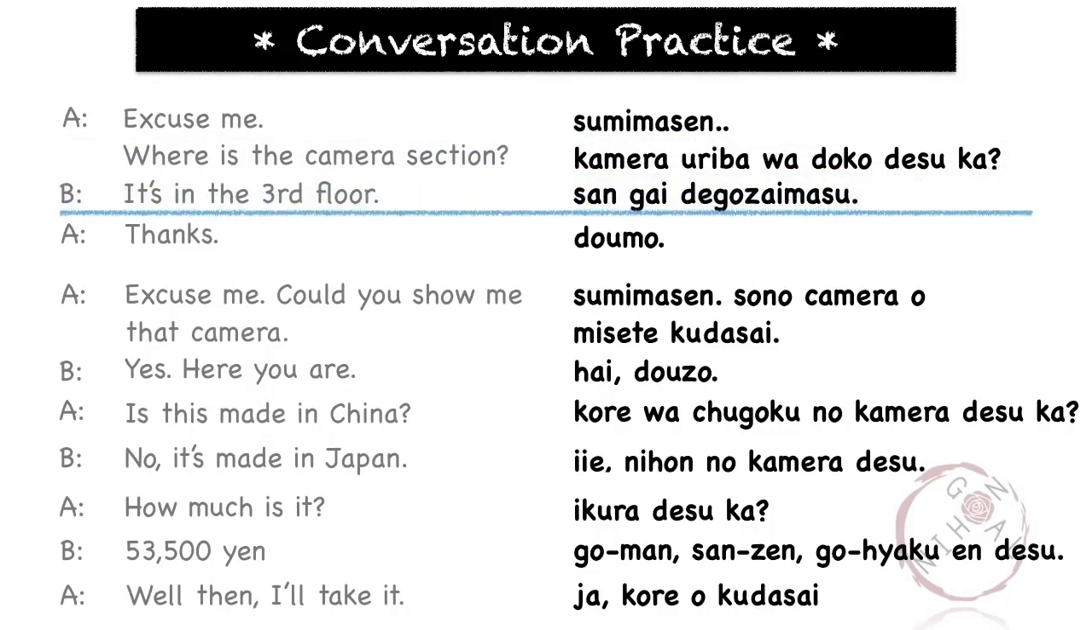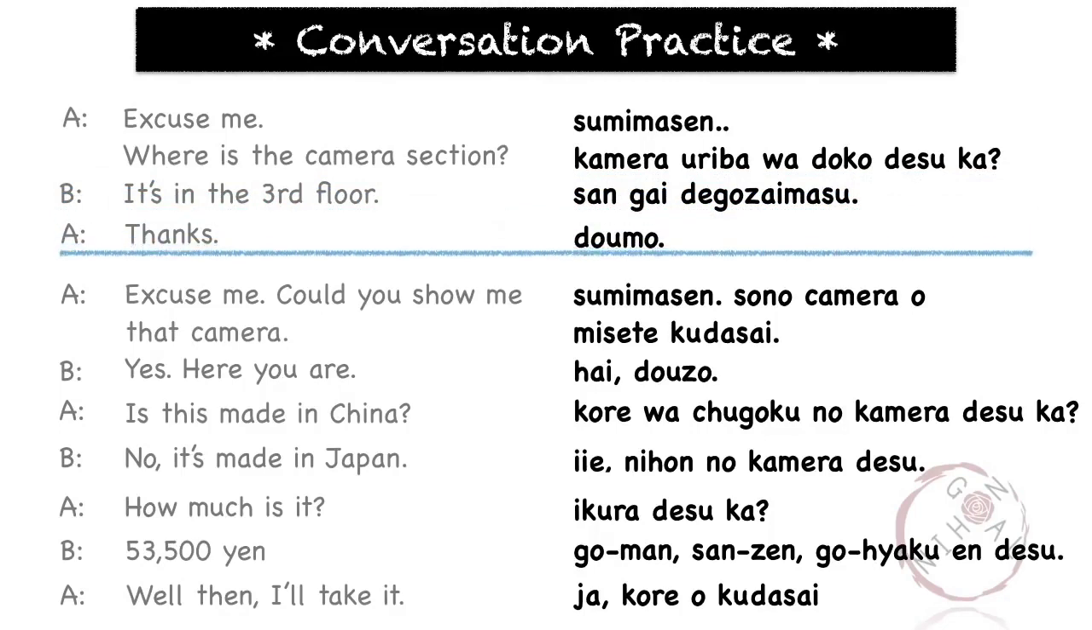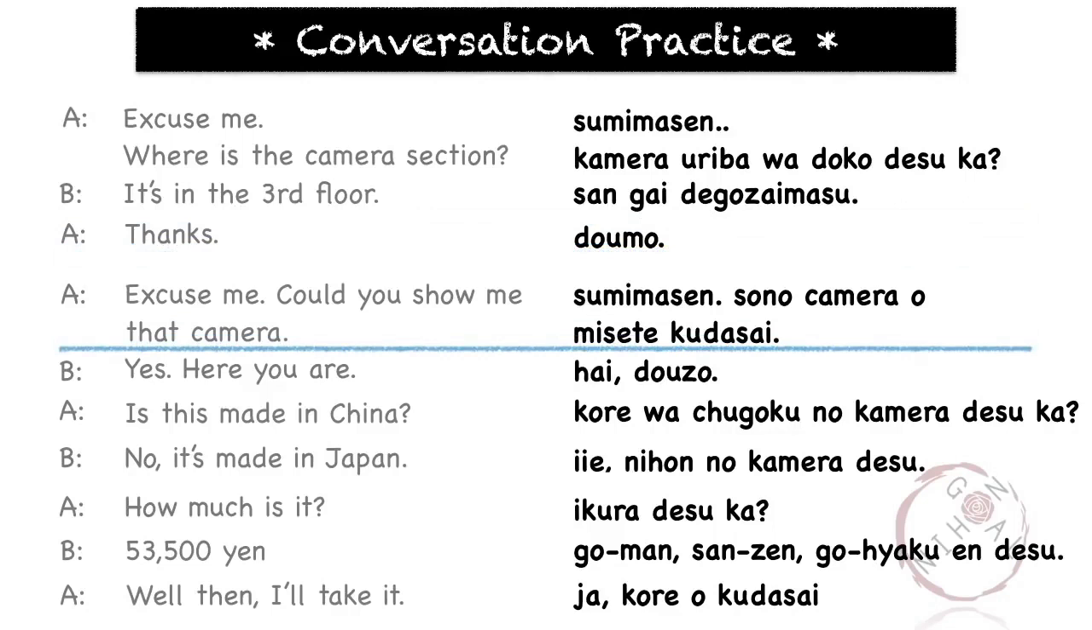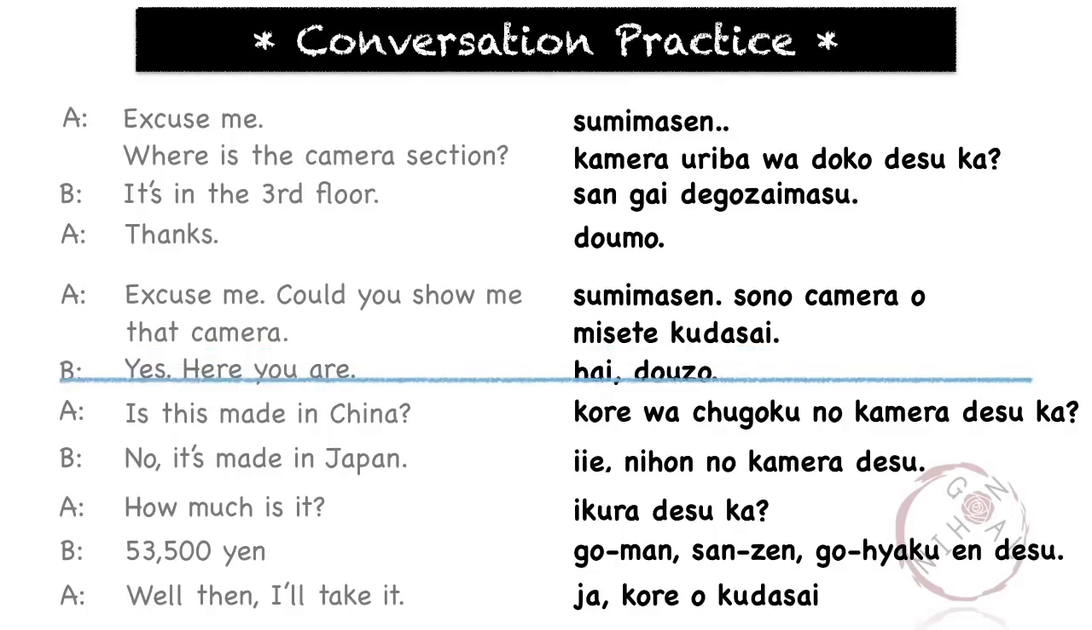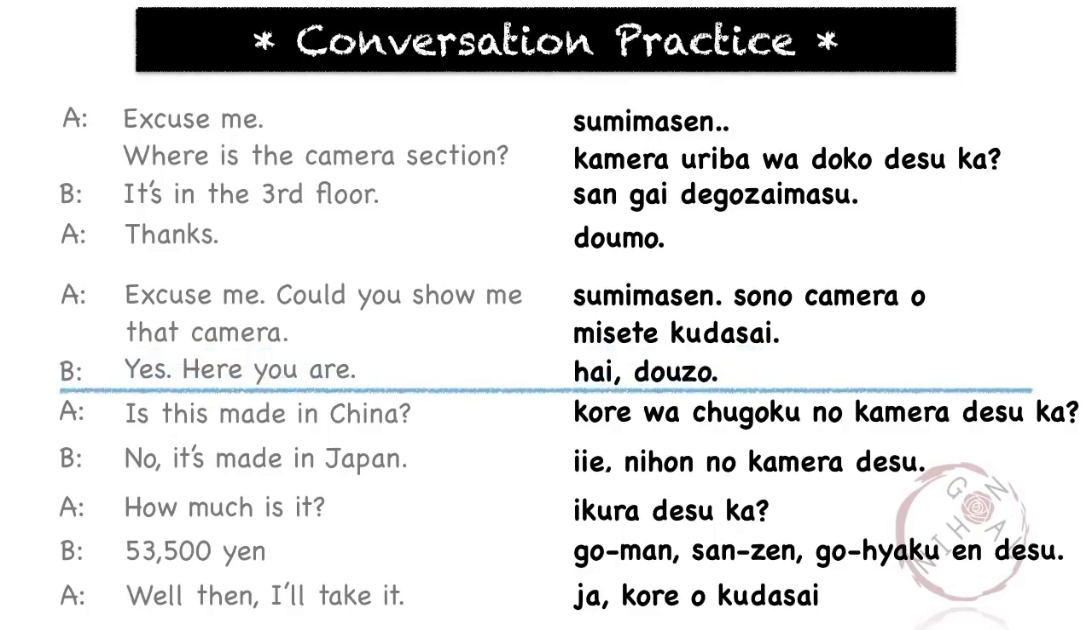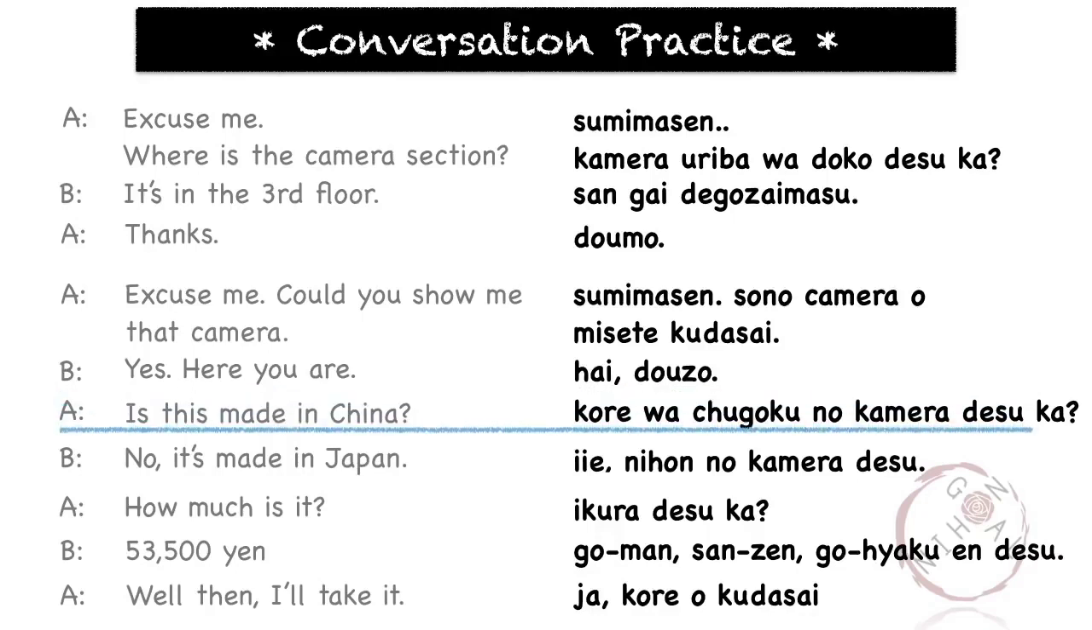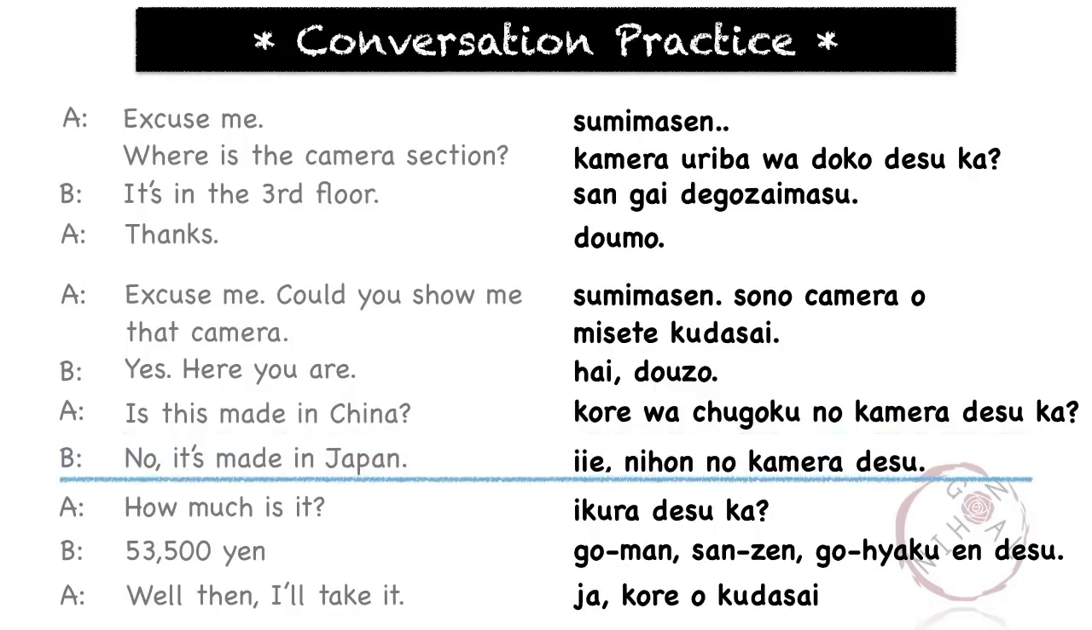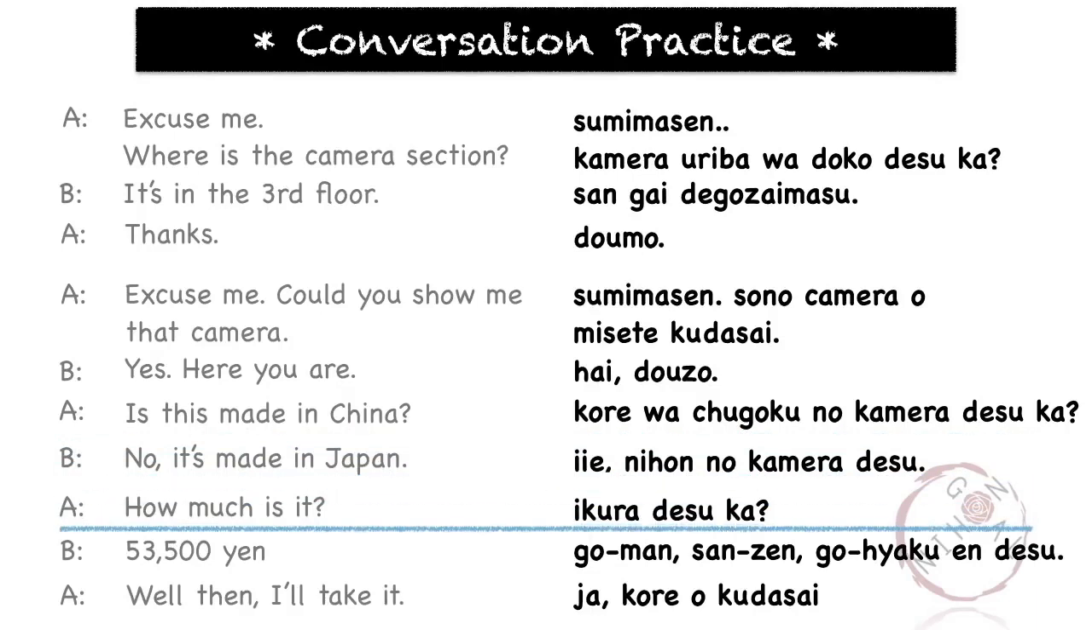It's on the third floor. 3階でございます. Thanks. どうも. Excuse me, could you show me that camera? すいません、そのカメラを見せてください。Yes, here you are. はい、どうぞ。Is this made in China? これは中国のカメラですか？中国 is China. No, it's made in Japan. いいえ、日本のカメラです。How much is it? いくらですか？